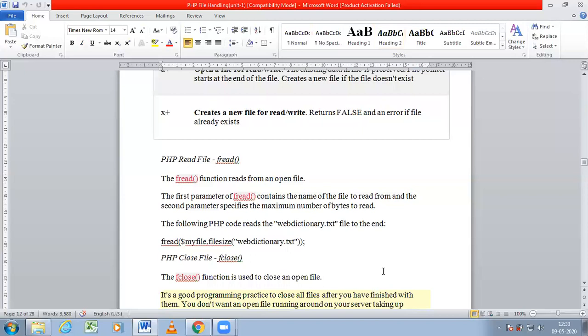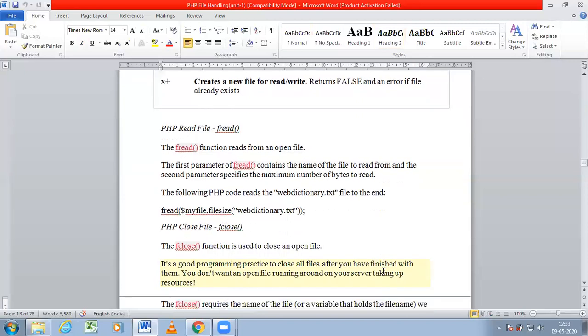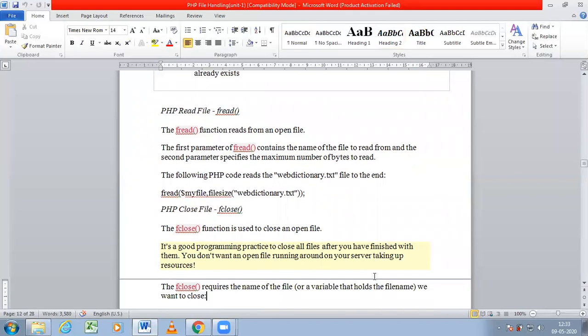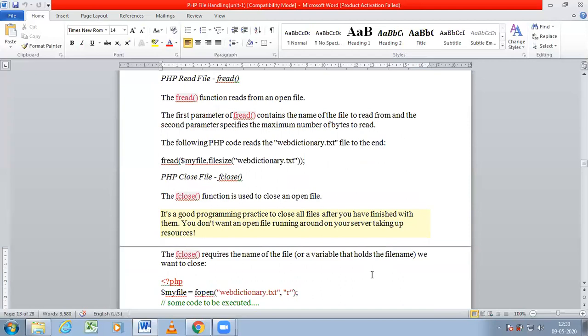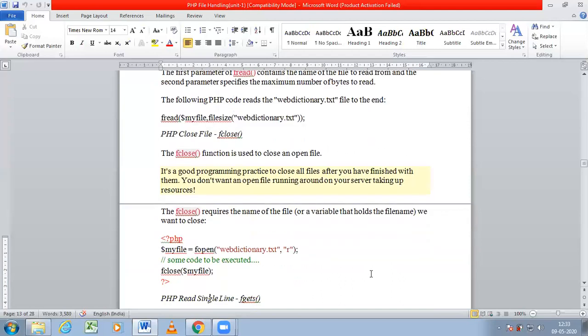Okay, that one you can mention. Same thing, just using that file. After opening, you can use the fread function, and there are two arguments it takes here: my file and the file size. Next is the fclose function, fclose of the file, meaning the target variable that you are using. By using the target variable you can close that particular file.